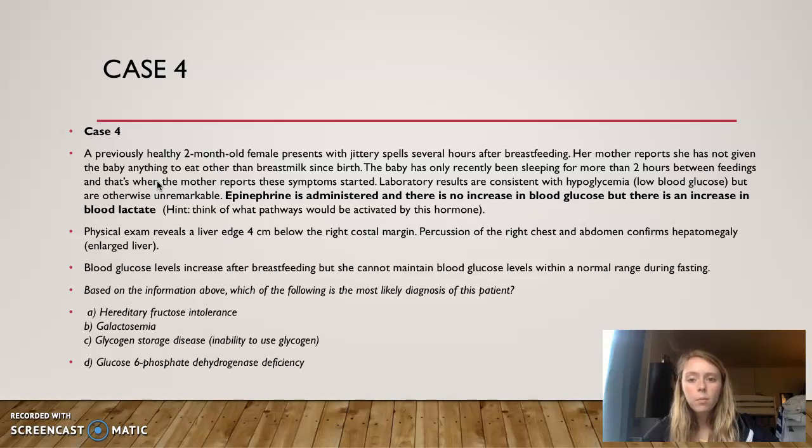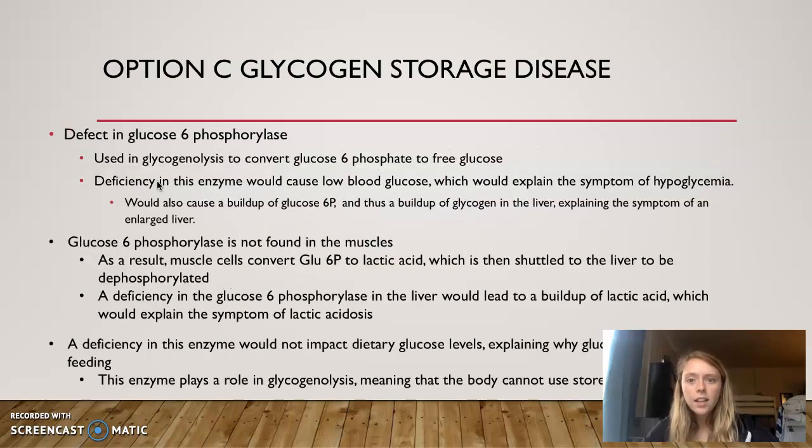A physical exam showed an enlarged liver, and it also notes that blood glucose levels did increase after breastfeeding, but the infant cannot maintain blood glucose levels during fasting. So out of all of the options listed below, I said that the most likely option was option C, which is glycogen storage disease. So this is a defect in glucose